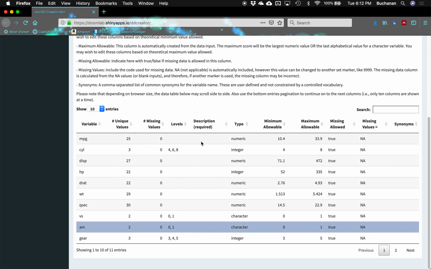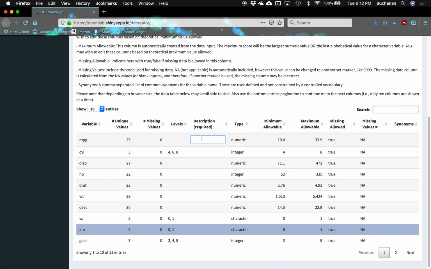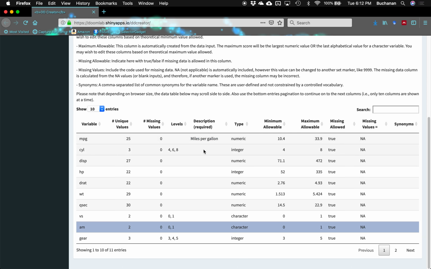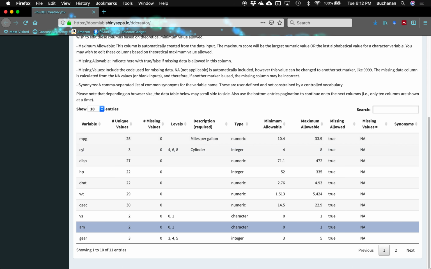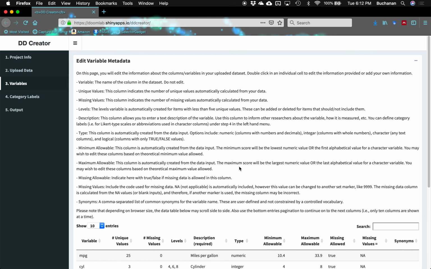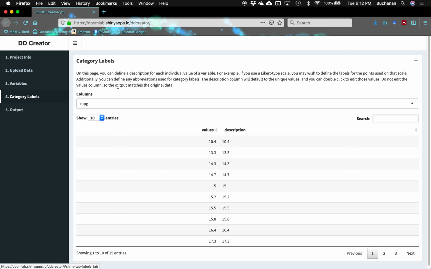I would want to put in a description for each of these, which I won't bore you doing, but we'll include in the online version of this. And then any other numbers I want to change. So what's the minimum allowable and what's the maximum allowable for each of these columns. Okay. Once you are done with this page, you can move on to the next page, which is our category